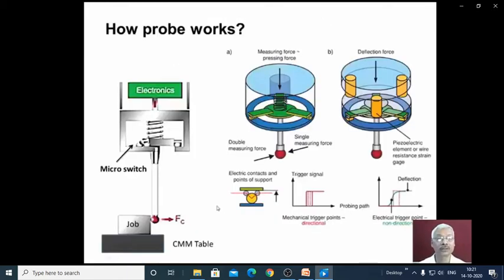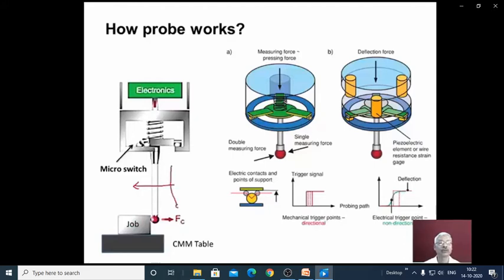Now let us study how the CMM probe works. In this picture, we can see we have the CMM table on which the workpiece is placed, and then this is the probe. When the probe is moved in this direction, this tip of the probe or tip of the stylus will come in contact with the job, and then it slightly deflects.